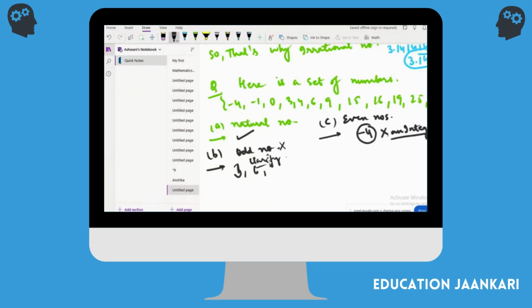Minus four is never an even number. Even numbers are always simple natural numbers only. Negative numbers are never included in the even numbers. Got it? I'm taking these questions to get some more